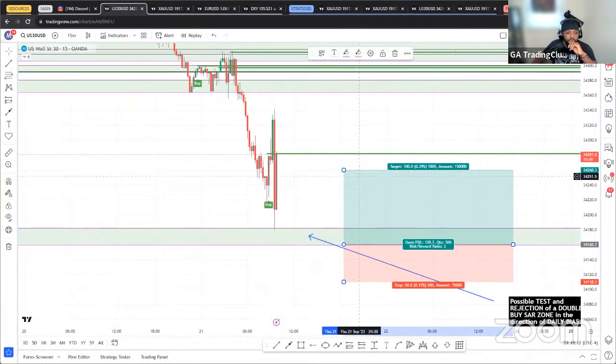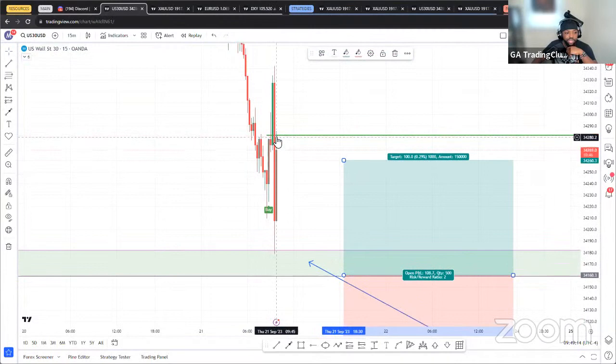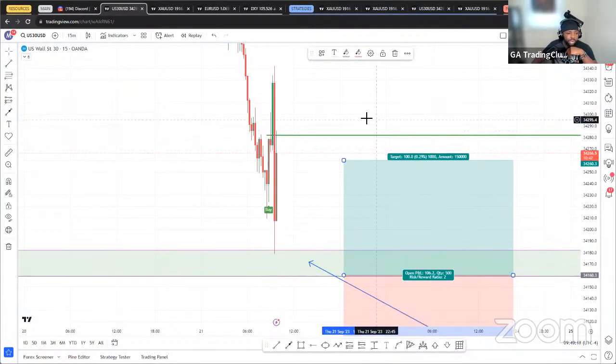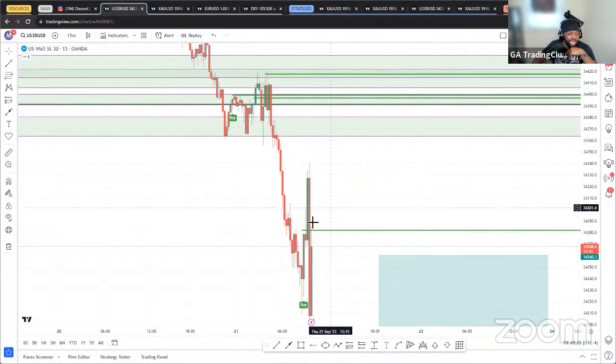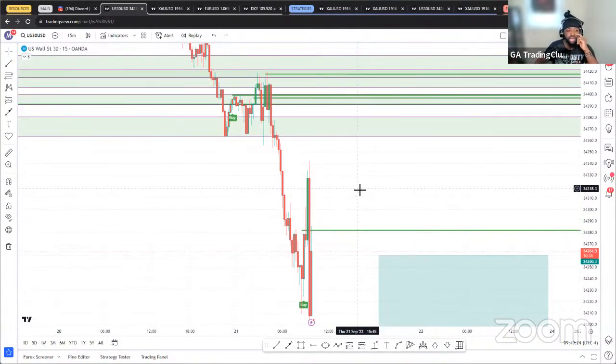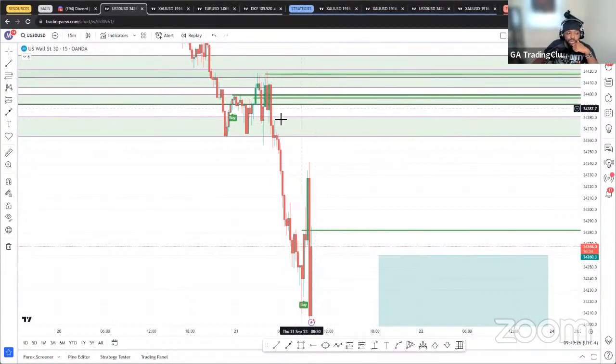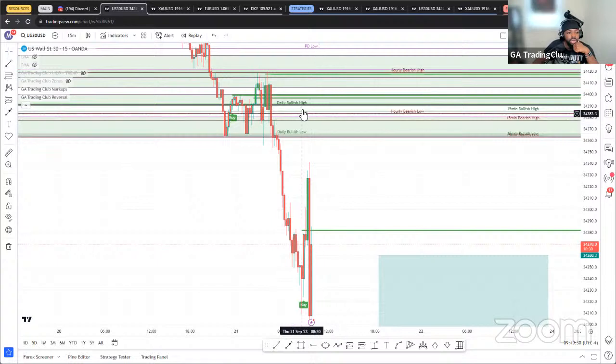Unfortunately, we do not. The 15-minute time frame has just created a buy SAR right now, but it's just one single one. So I wish we had like a double buy SAR somewhere around here. The other thing to keep in mind, around this zone, 34,400, if I go to the markups indicator, 34,400 and